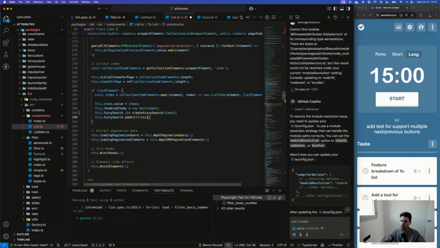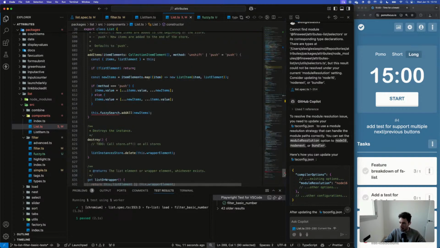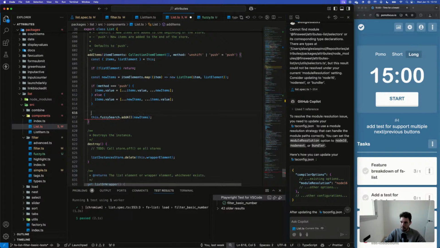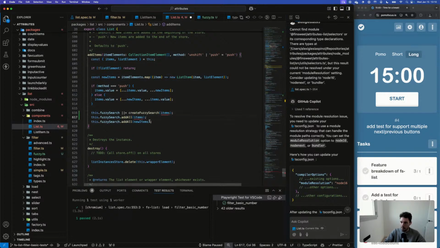So I want to still add these items in there because it could happen that this is not creating it. And if I don't do this, then it's not going to be adding them. So I need to do this. And same thing down here. Like that.